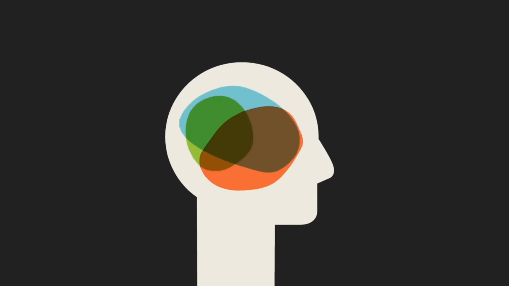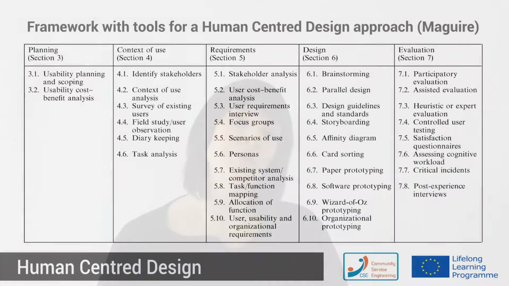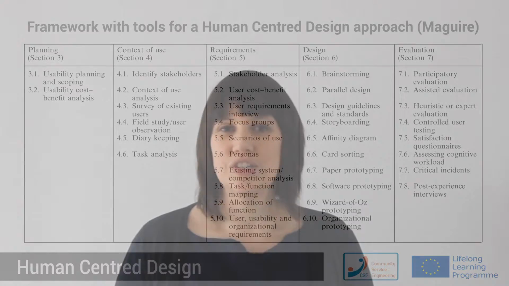Human-centered design is both how you think and what you do with it. Well, in 2001, a guy named McGuire already made a big framework of all the tools and all the things you could do, all the techniques you could use within a design process to make it human-centered. And a lot of what you see in the schedule still actually holds value, but it has been added on, of course. Human-centered design has become a container for many things,